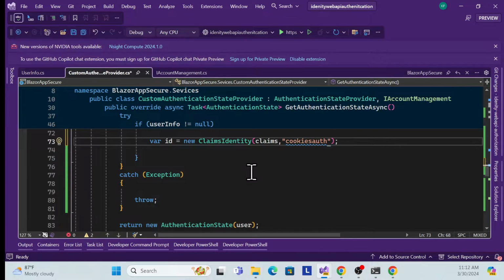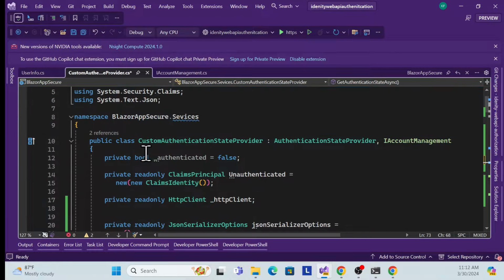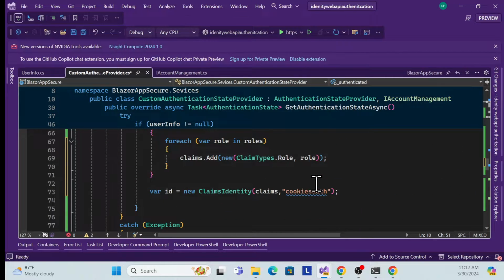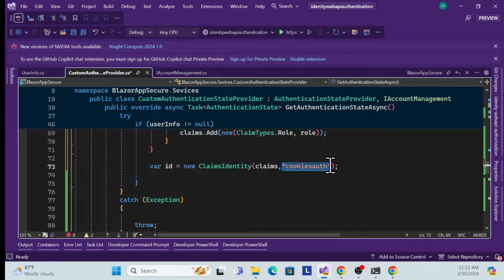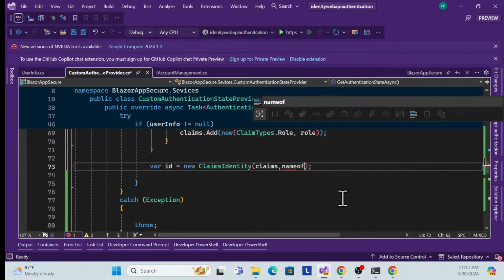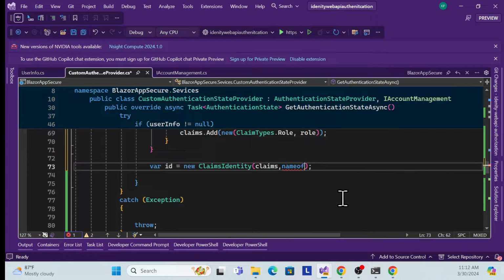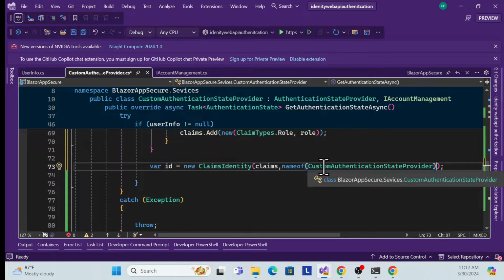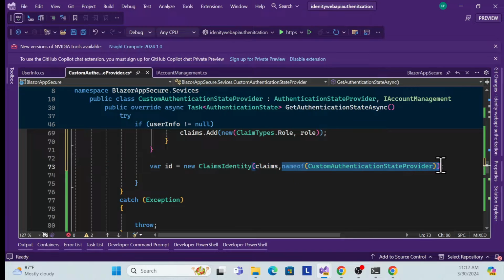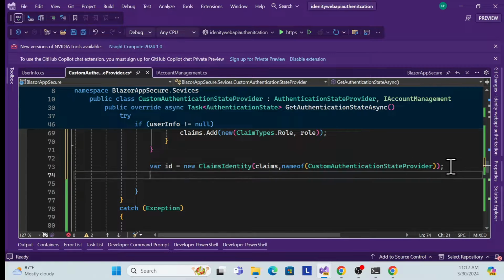But yes, also if you want to use the same class as a string, we can use it that way, but the former is best. So let me add this, for example, the name of whatever authentication we are trying to use, we can just pass it over here. So you can make it a custom authentication provider, or you can make it cookies authentication, so you can just pass it as a string type. So you can pass it like that. Actually we have just created a claims identity, and what I need to do next,